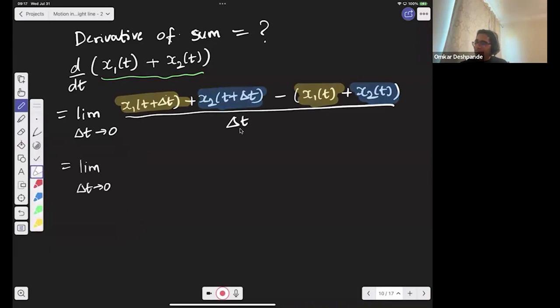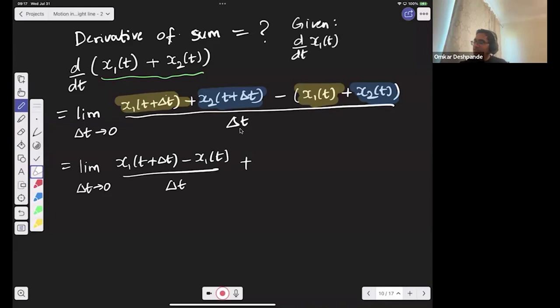Limit of delta t approaching 0, x1 at time t plus delta t minus x1 of t, divided by delta t. Why am I grouping it like this? Because I want to be able to use the fact that I know the derivatives of x1 and x2 individually. And I know that d by dt of x2 of t is some function v2. So if I know how to take the derivatives of those individually, how do I figure out the derivative of